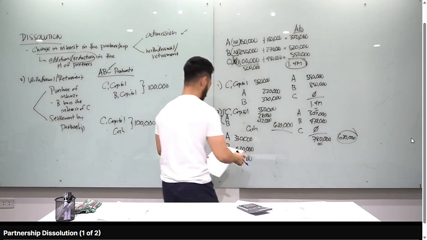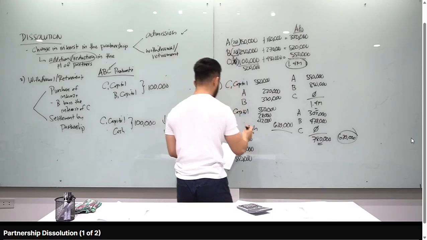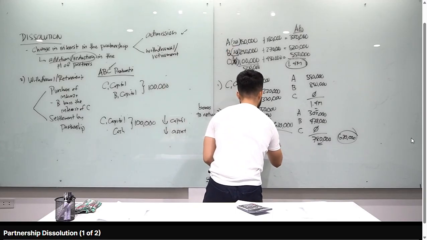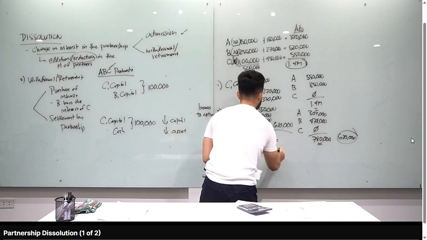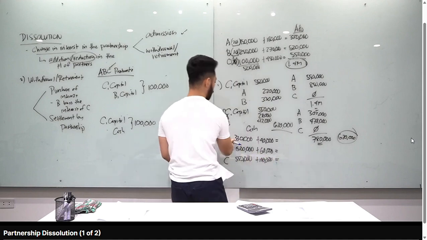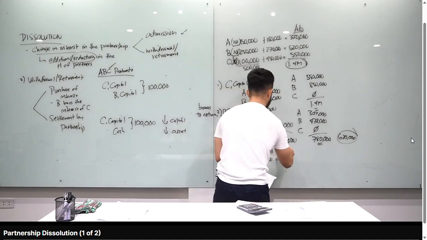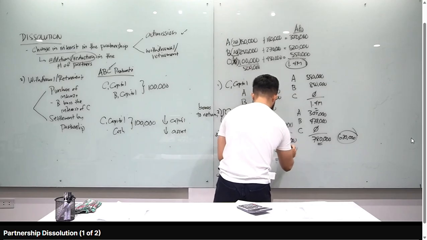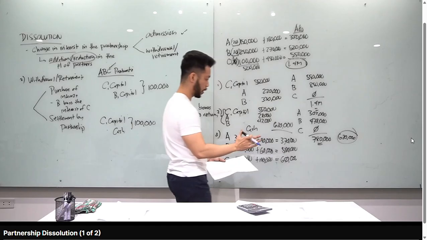Okay. So, revalue muna tayo. Tama ba? Increase na 200,000 yan. Tama? 200,000 times 20%, that is 40,000. 200,000 times 30%, that's 60,000. 200,000 times 50%, that's 100,000. Let's compute their capital balances. 330 plus 40, 370. 520 plus 60, that's 580. And then 550 plus 100, that's 650,000. Right? So, yan muna ginawa natin.